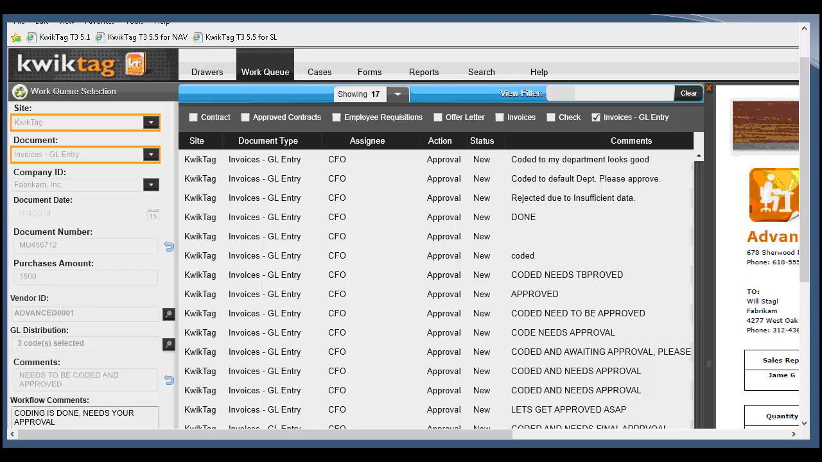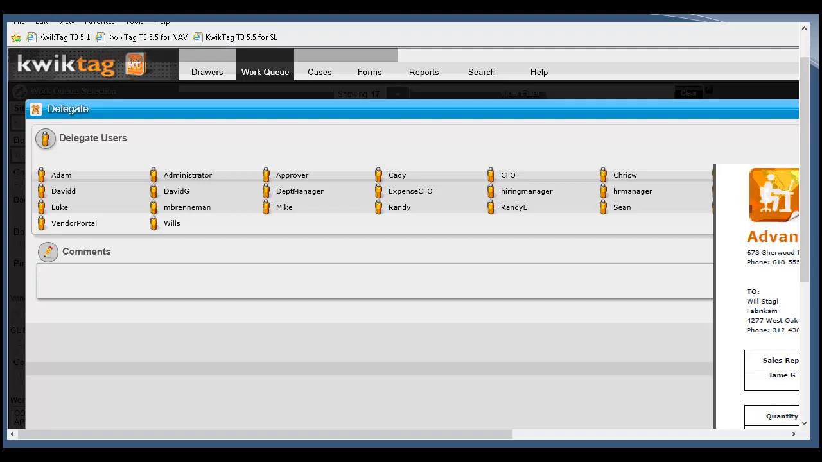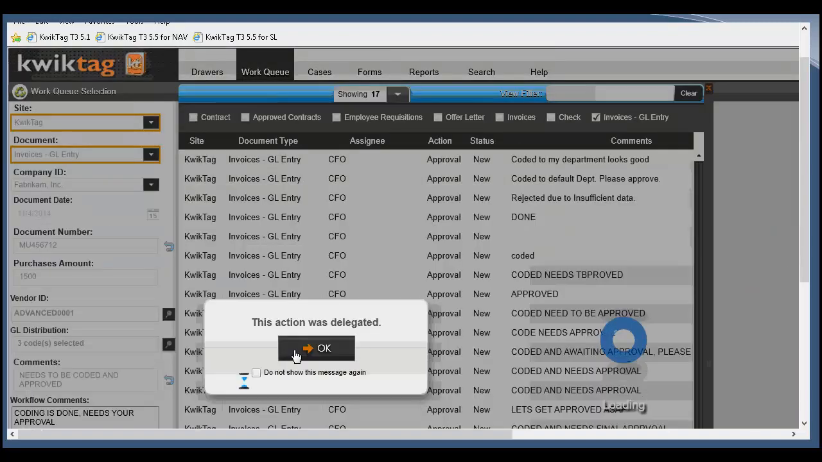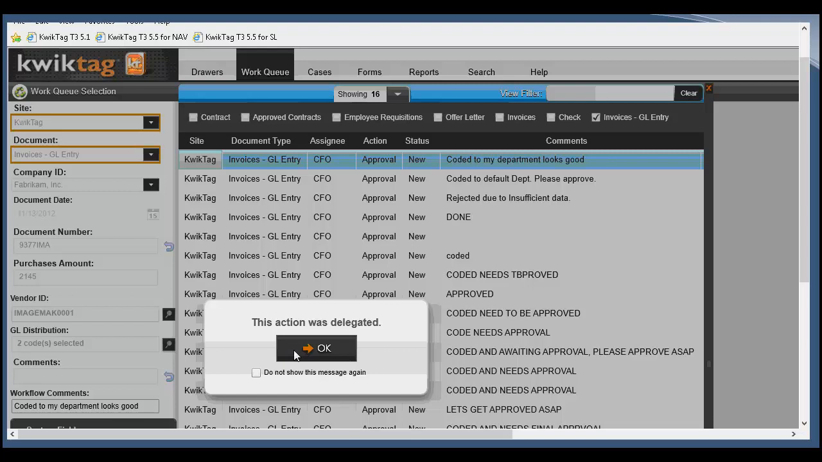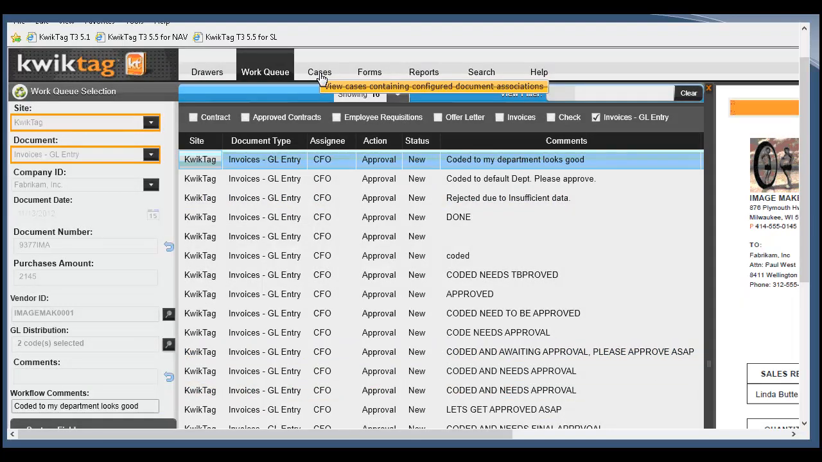This looks good. So this time I will go ahead and delegate this because maybe I'm out of the office and I want the credit controller to actually work on this. So it'll leave my work queue, it'll go to that credit controller, and they'll get the same email notification that I got. So, really, we just walked through about 4 or 5 different KwikApps,